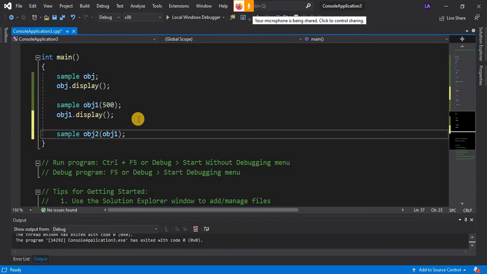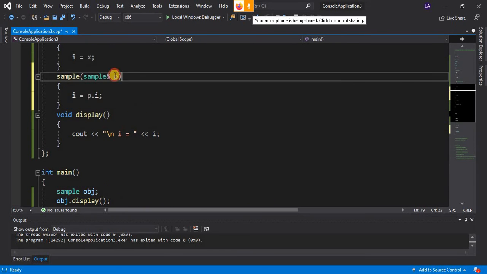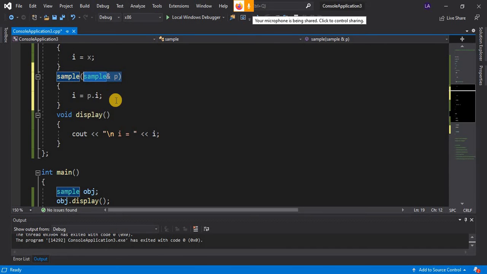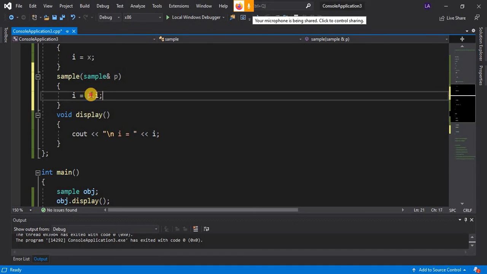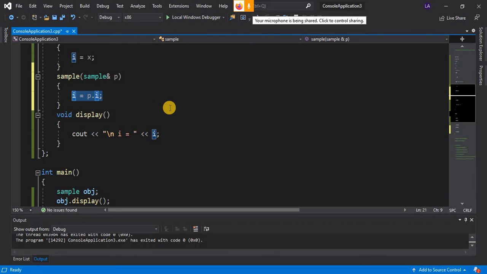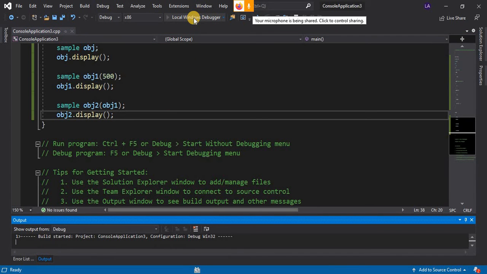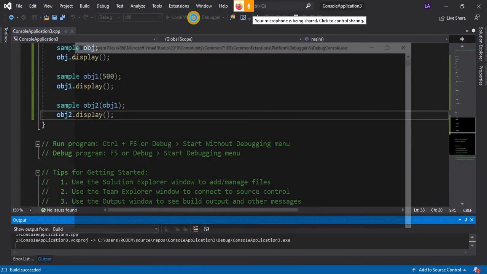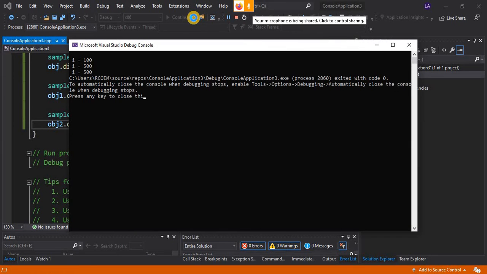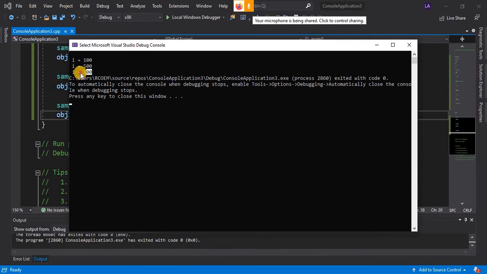So it will search for a constructor which accepts an argument of type obj or sample, and obj1 will be accepted here in p, and the value of i is then copied to your member variable i. And when we print obj2.display and run this, you'll see the third i is equal to 500.